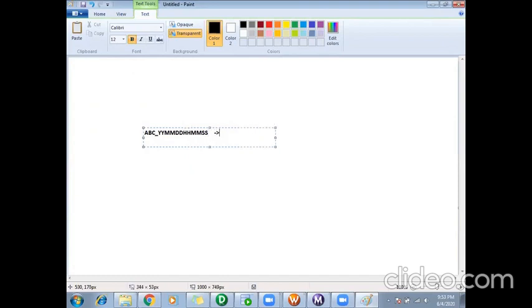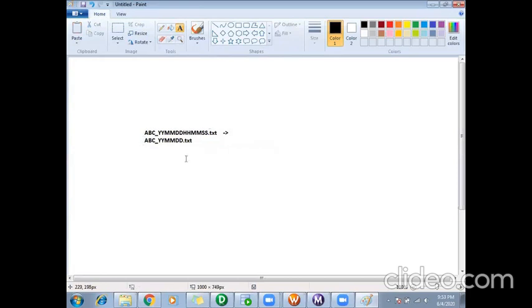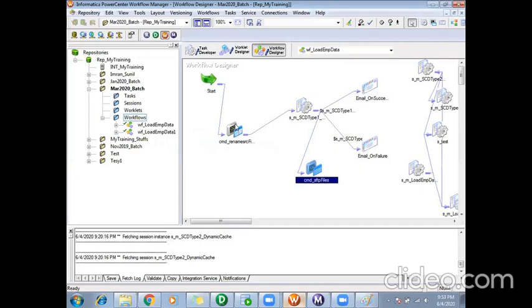You want to convert it, rename it to some static name like abc.txt, so that you can give it in your Informatica. Before running your workflow, you want to do this, and you can do it in your command task.